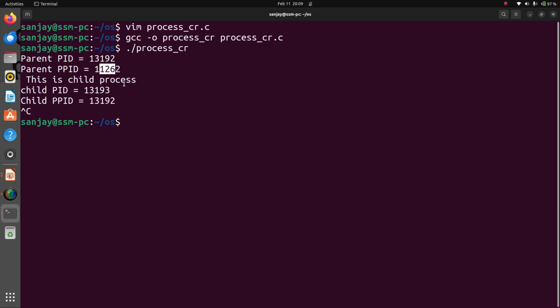Now we are going to see another program, that is overlaying the process with another program. So we will see that program. These concepts are very important for those who are studying Unix operating system, because students have algorithms on this concept.